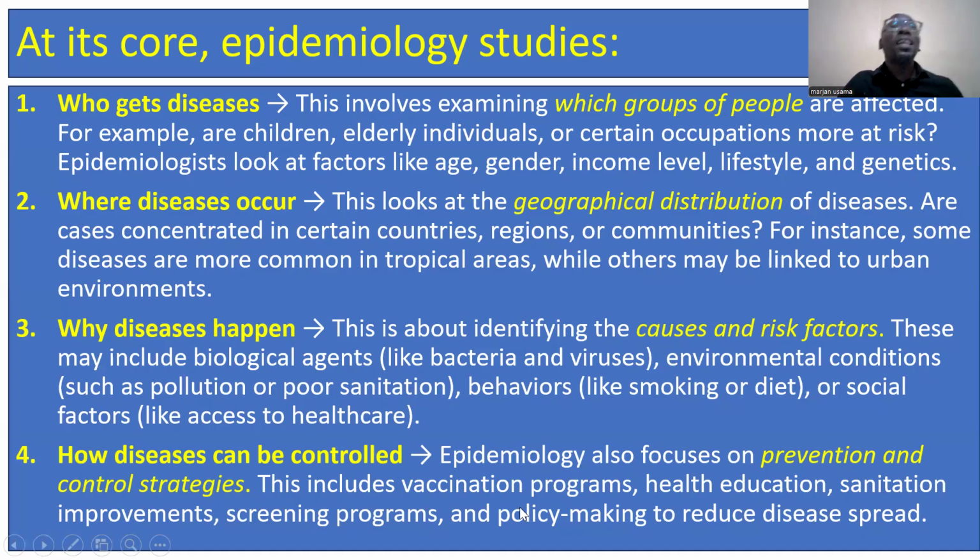And this sometimes can include vaccination programs, health education to spread awareness through workshops, seminars. Then it can also be through sanitation improvement, that is encouraging people to live in clean places, hygiene, screening programs, mathalan,